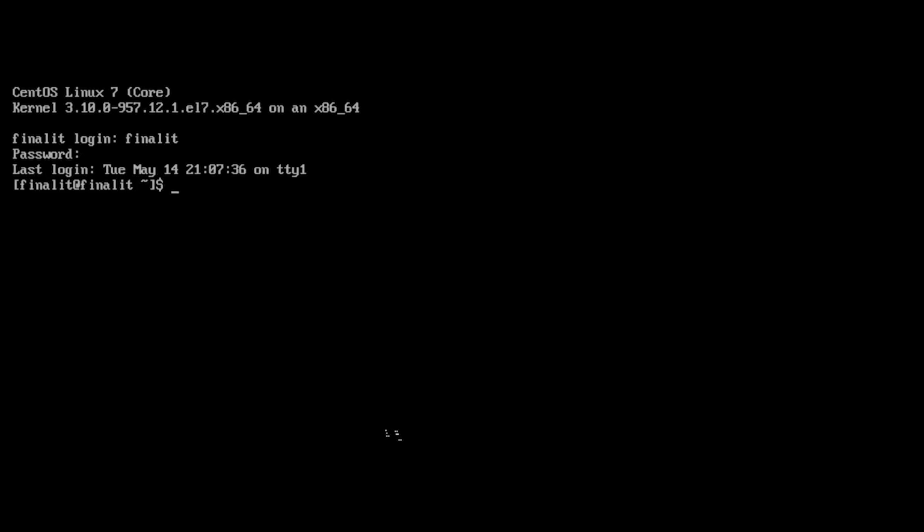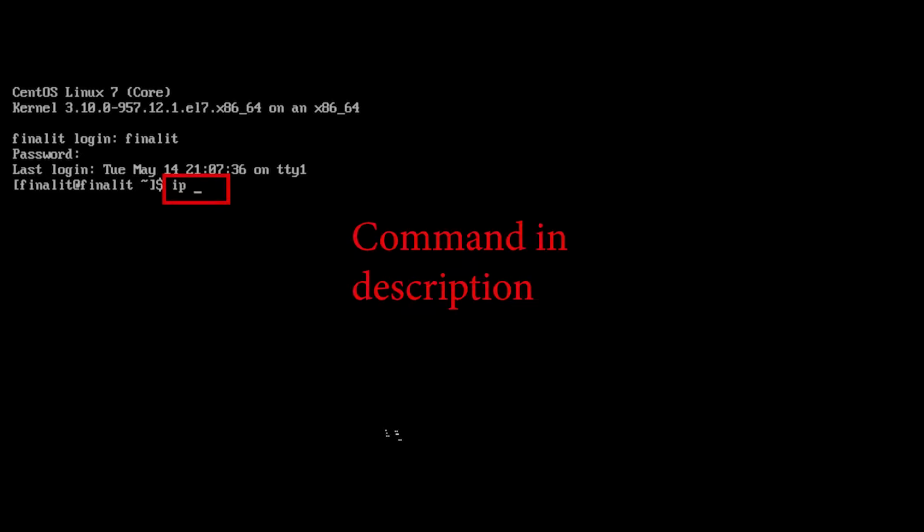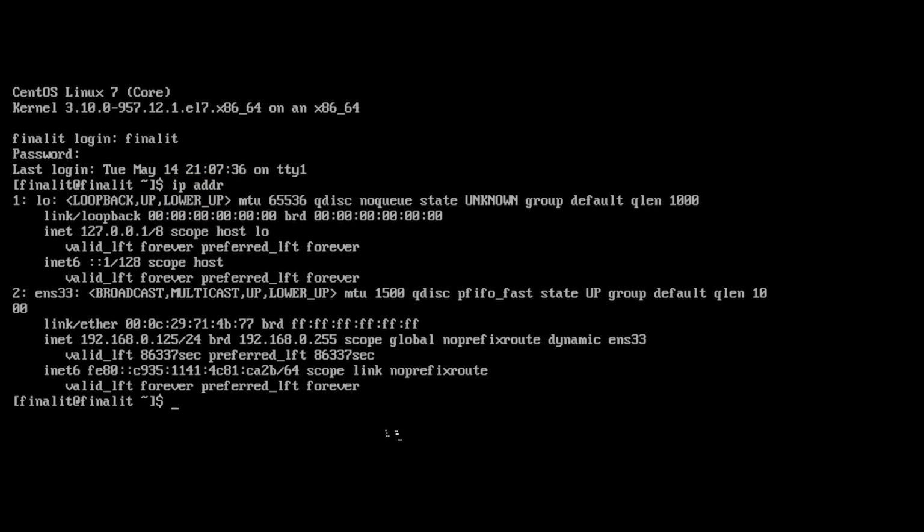Inside your CentOS 7 VM after you're logged in, you just got to enter the command ip addr, with a space in there, so ip space addr. That'll be found in the description so that you can copy paste it from there. Hit enter. You'll see a few different things here, but what we're really looking for is this one right here,